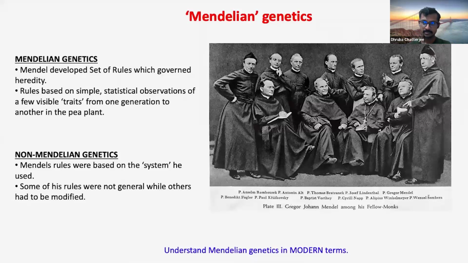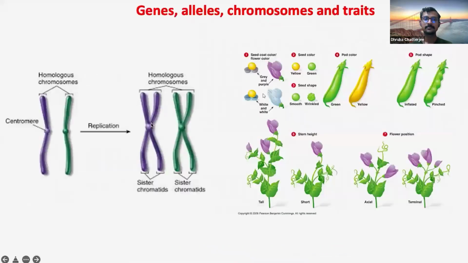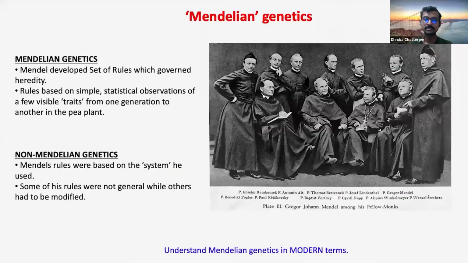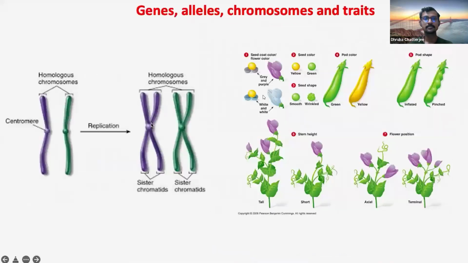So he was observing phenotypes, and how these traits were getting passed on from one generation of organisms to the next, and therefore came up with a set of rules which he thought govern heredity or inheritance of traits or phenotypes. He, however, mentioned that there should be something underlying these phenotypes, and he used to call them factors. So, essentially,